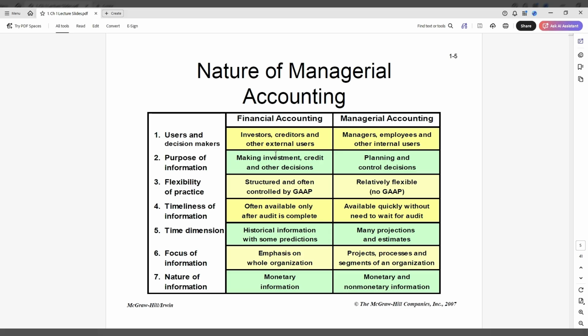Whereas with managerial accounting, really we're trying to use the managerial accounting techniques and reporting processes to better plan and control business decisions, business processes, plan for outcomes, and so on and so forth. And I do note this is kind of the table number 2 that's in our notes, so be sure to connect that. As far as flexibility of practice, with financial accounting, we're very much